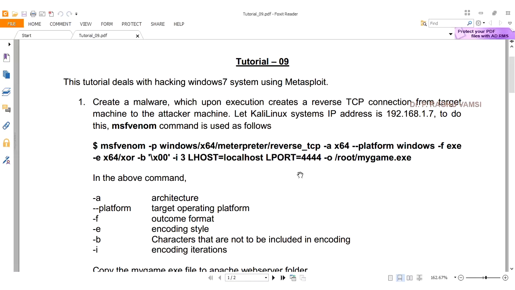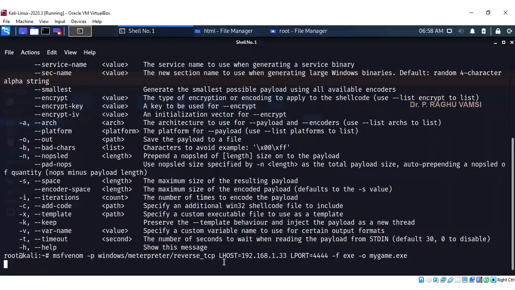We can do some encryption for generating this particular venom executable. If you look here, this is targeting the Windows 7 operating system, and whatever command I have written here is for the Windows XP operating system.